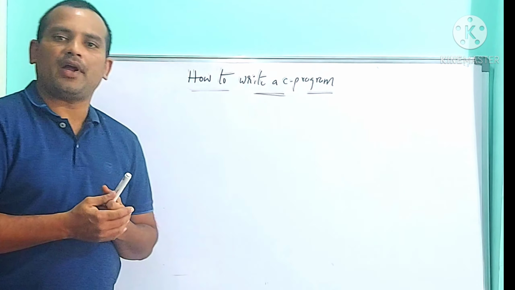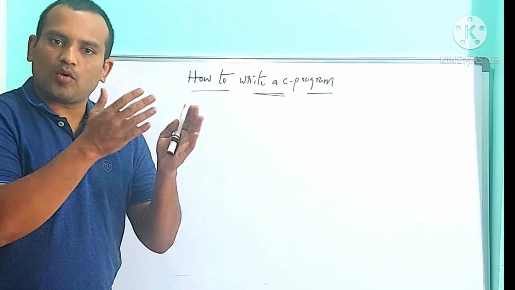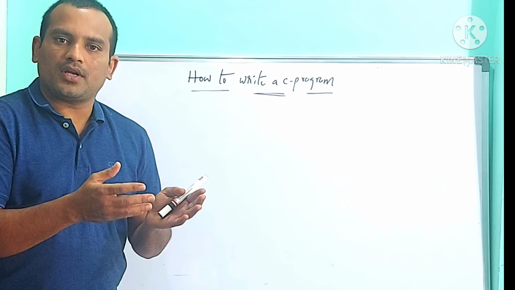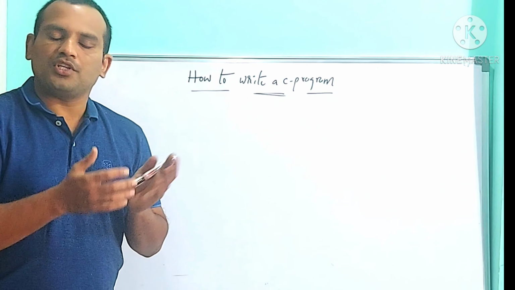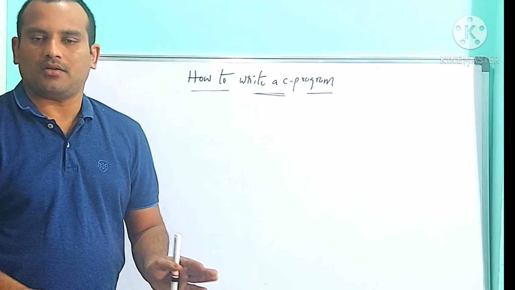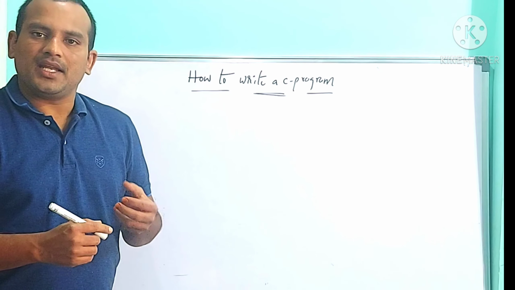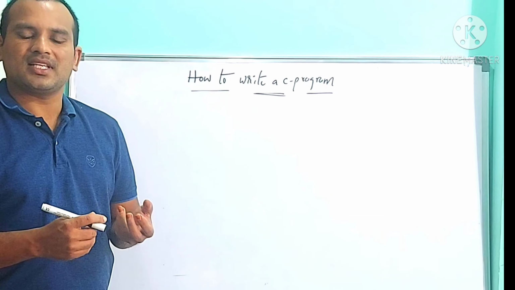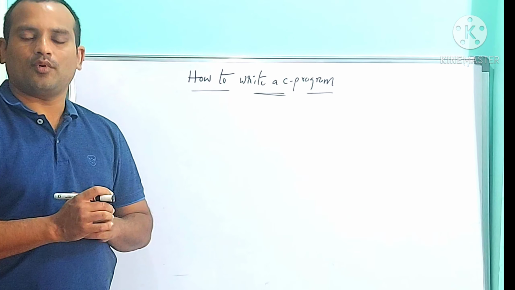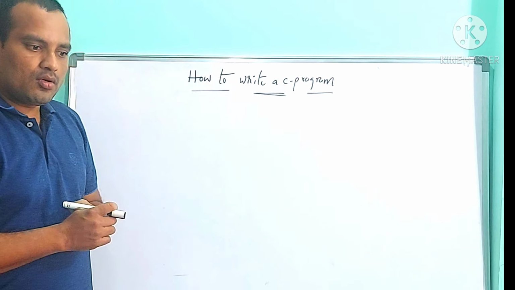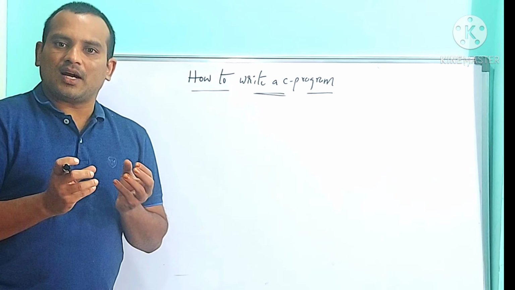Suppose I want to find the factorial of a given number. Then in documentation we can write, this program finds the factorial of a given number. Matrix multiplication: this program gives matrix multiplication. Like that, we can write any information. Documentation means any information which is related to the program generally. So documentation is also called the comment section.